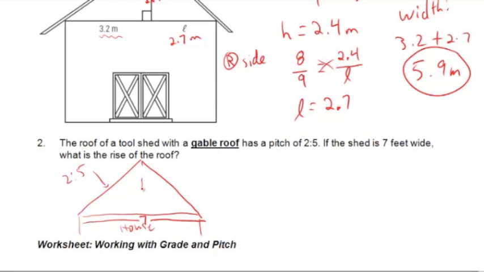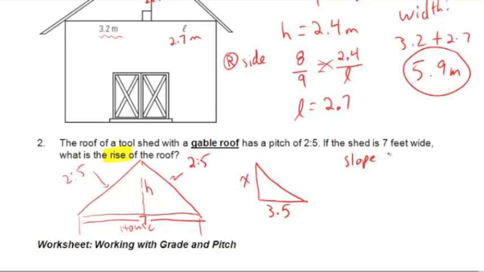We have to split this thing in half, because what we're looking for is the rise of the roof. We're looking for how tall it is. So we're looking for the rise. Maybe we'll just label that H. So we really want to just look at 1/2 of this. The pitch is going to be the same on both sides. If we look at just 1/2 of this thing, the base is only going to be 3.5, or half of 7. We're looking for the rise, so we'll put an unknown there for that,